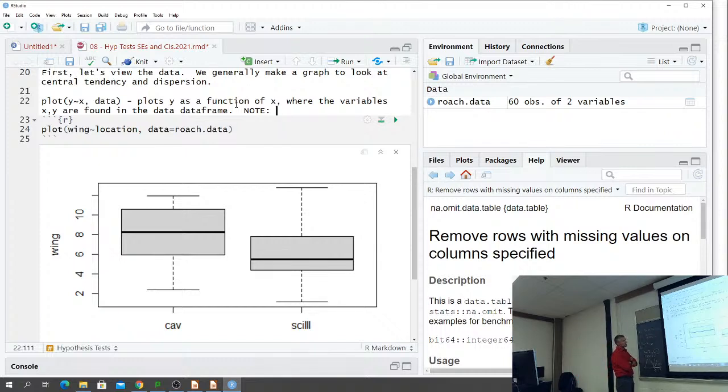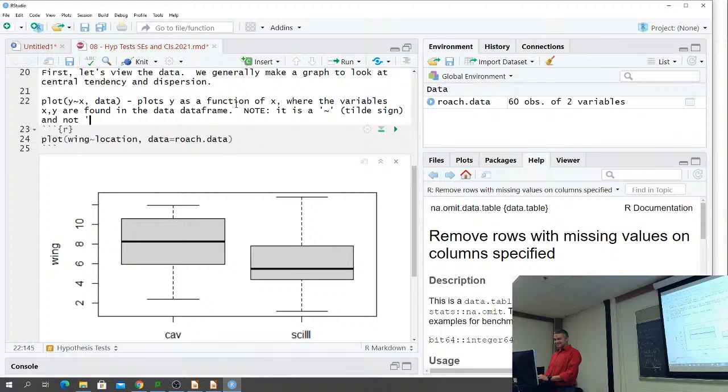All right, so we're working on roach data, kind of introducing hypothesis testing. So we make our plot: wing is a function of location. Note it is a squiggly tilde sign, and not